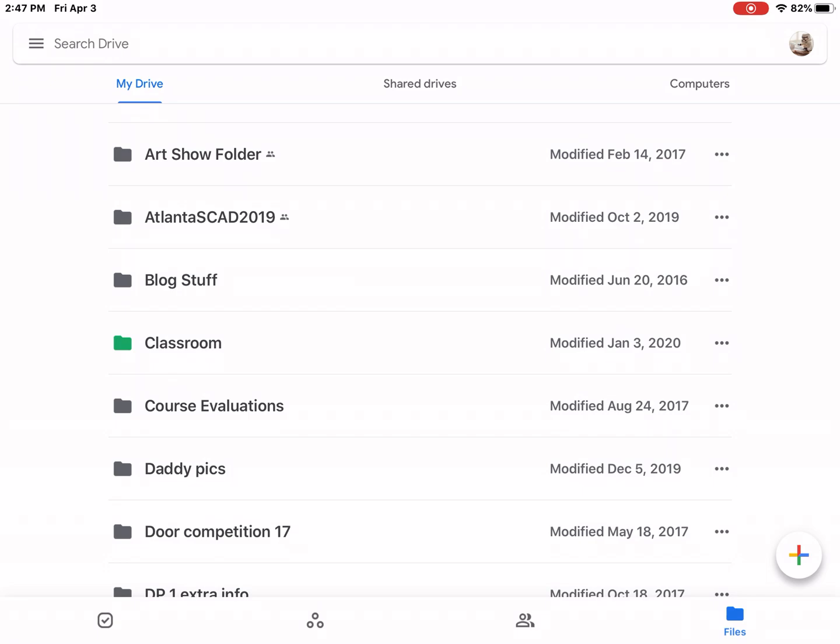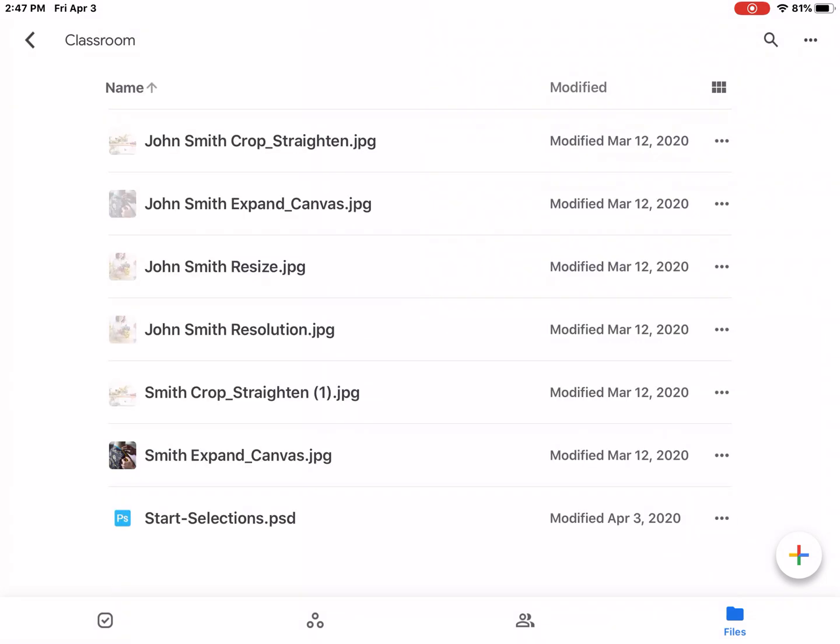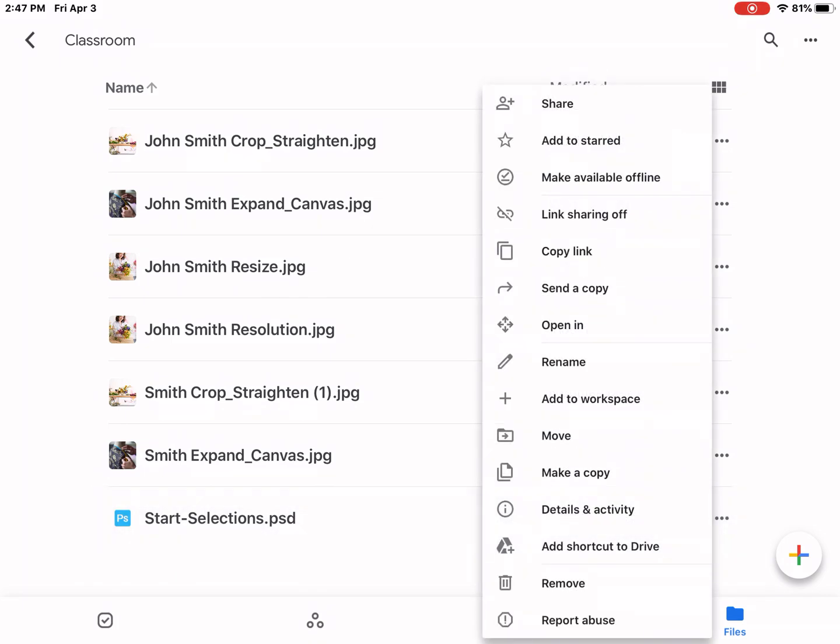So to my students, remember how you get everything through Google Classroom. So if you go to your Classroom folder, you will have the file that you'll need for this lesson, and it's called Start Selections PSD. I'm in my little Classroom folder here. If you click on the three little dots at the bottom, we can say open in,